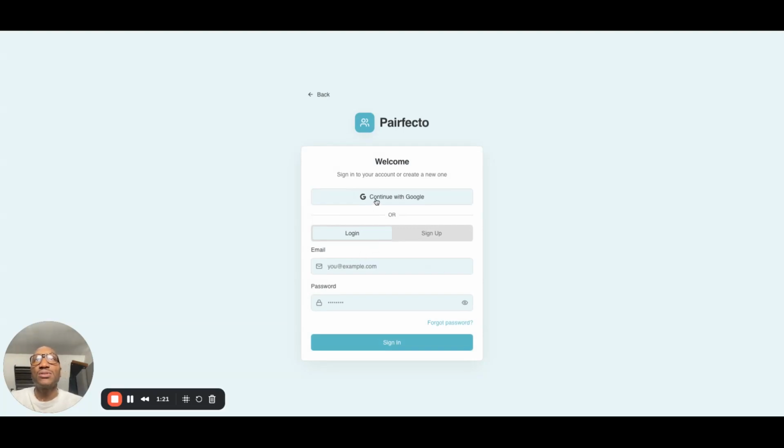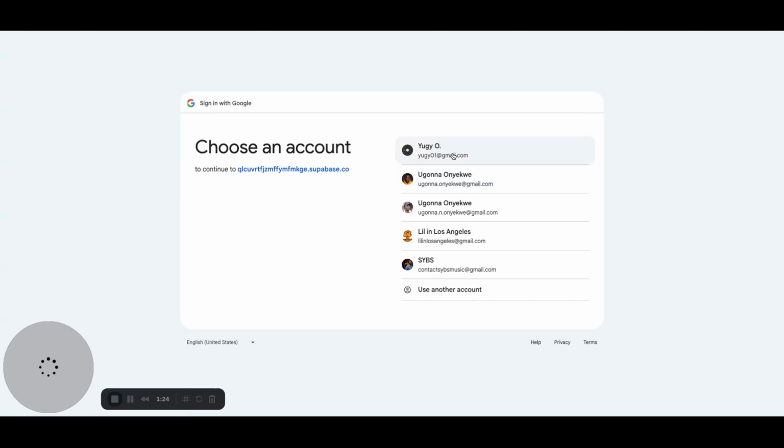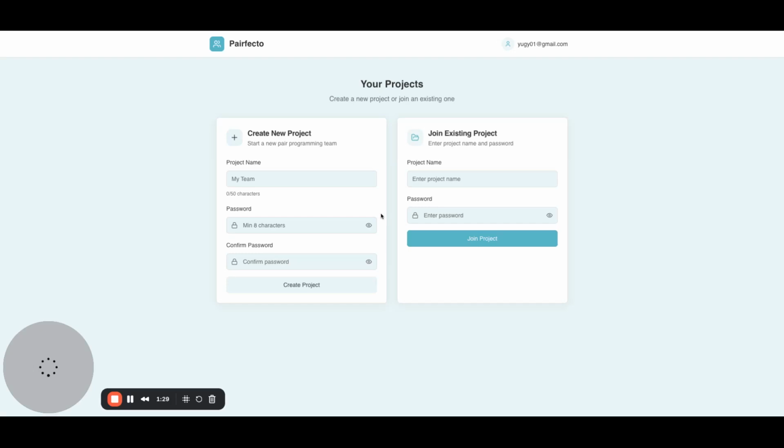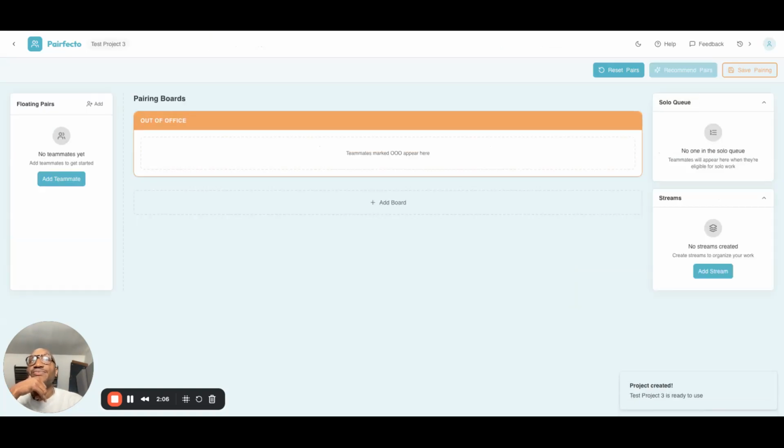I'll log in with Google just for a quick and easy way. All right, so here you can create projects, and then you can have your teammates join your projects. I have a project here already set up, but for the sake of this, I'll go ahead and create a new one. I'll do test project 3. I'll do password. All right, so we create a new project,